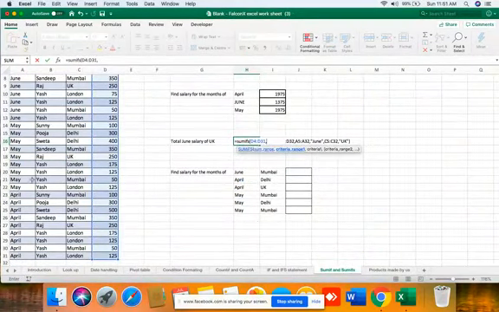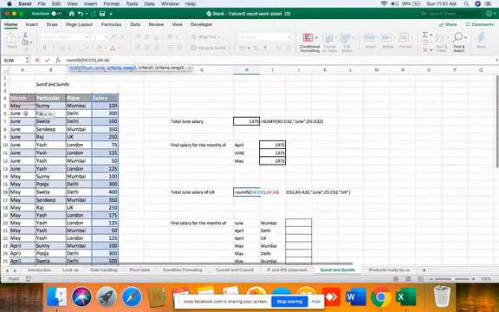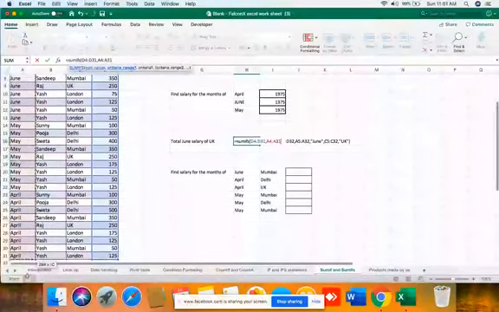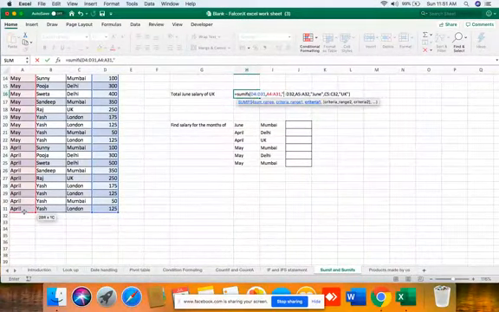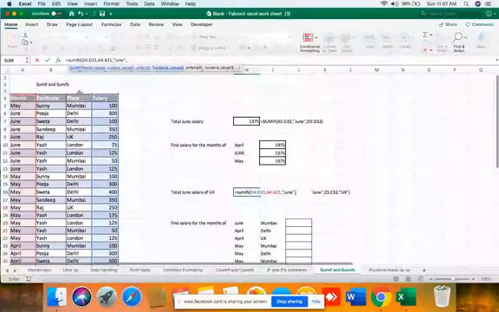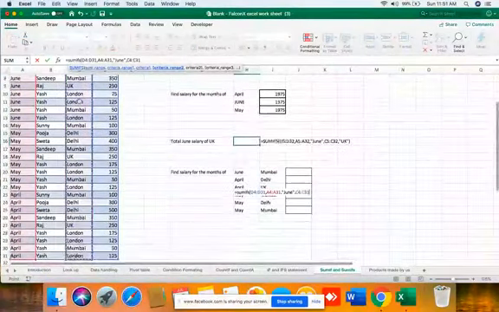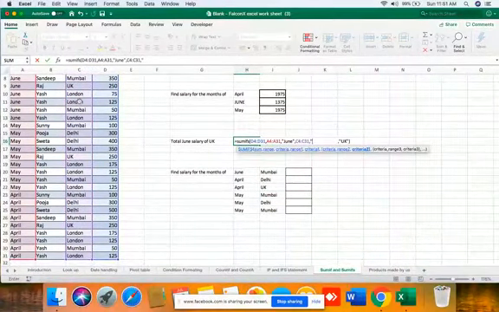first sum range, then criteria range one, the first criteria range is this, criteria is June, comma, the second criteria range is this, the second criteria is UK.